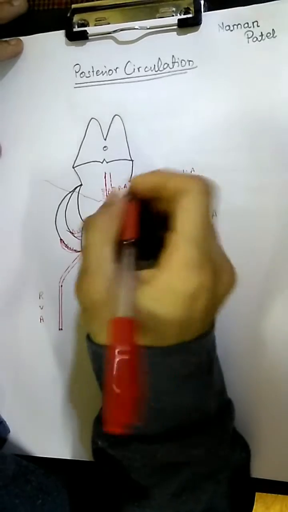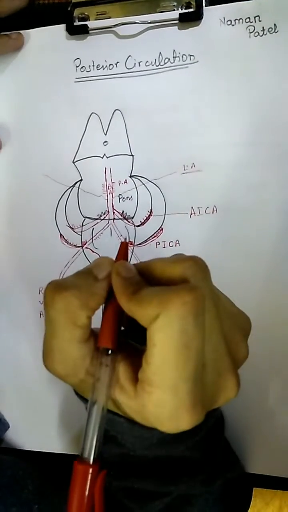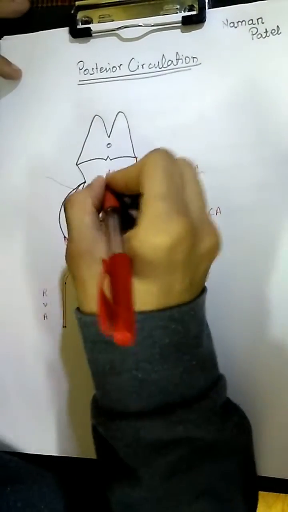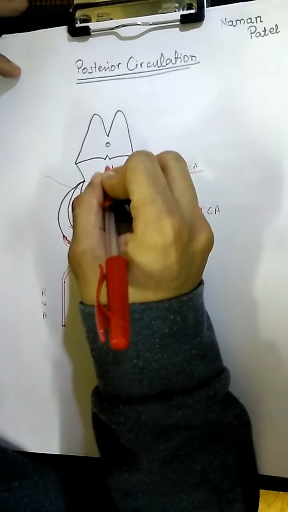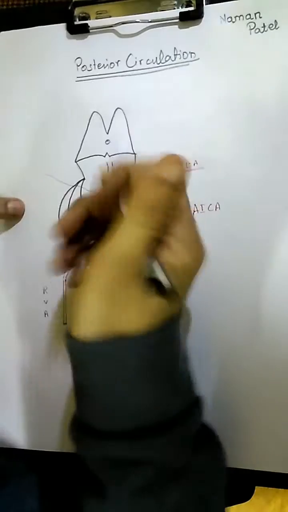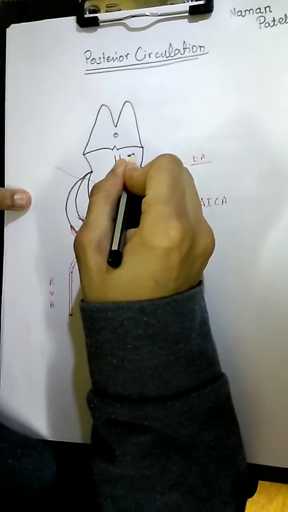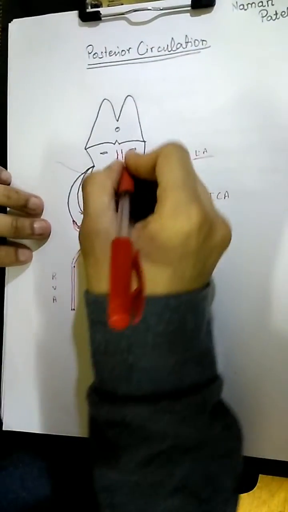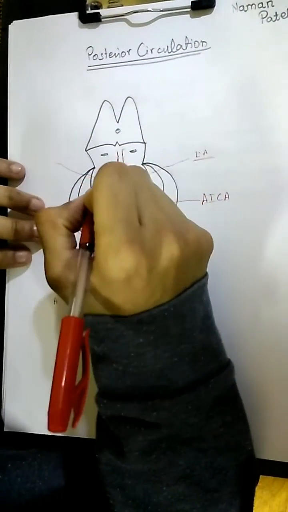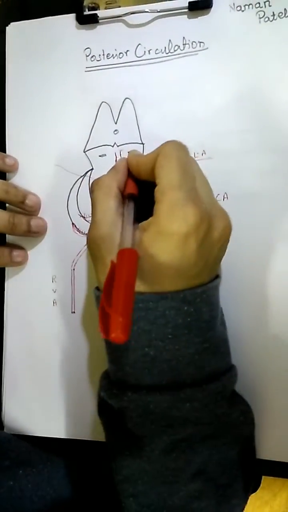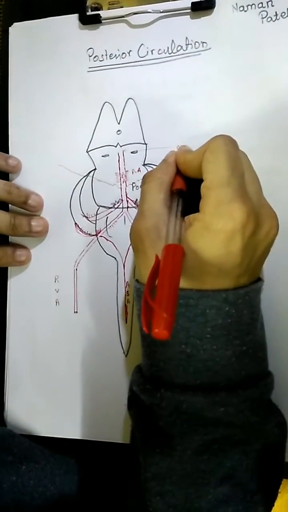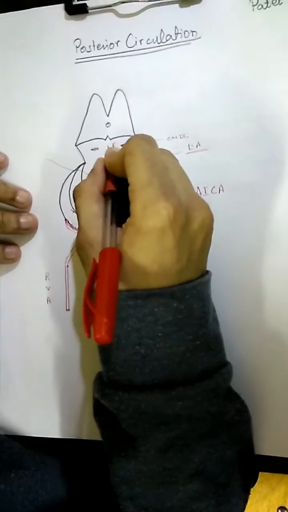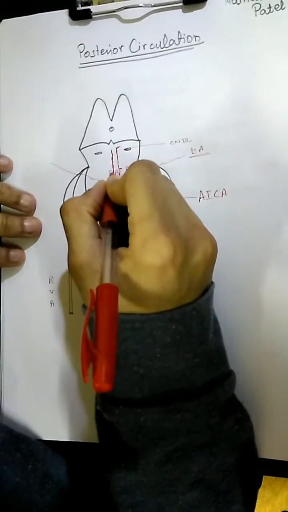Here we see pontine arteries. Now coming next, just above the origination of the oculomotor nerve, that is just right here. If you see my first video, I described the origination of the cranial nerves. It is the third cranial nerve, that is the oculomotor, and just above it, this basilar artery is going to